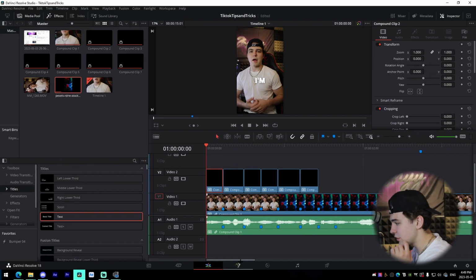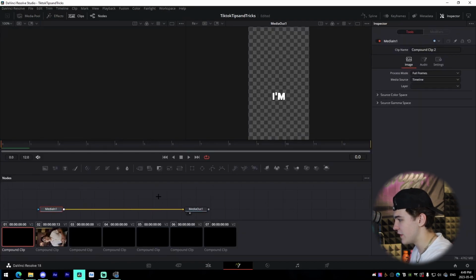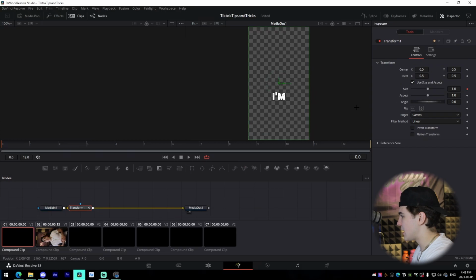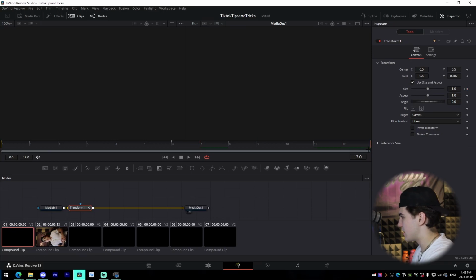So you're going to click on your subtitle layer, go into the Fusion tab on DaVinci. Then we're going to bring up transform, press enter, and then at the beginning, we're actually going to bring down pivot first, so it's in the middle of the word. We're going to type in 0.8, make sure we're keyframing it, come to like a frame in the middle, press 1, type 1, we're going to type 1 again, and then right here at the very end, we're going to